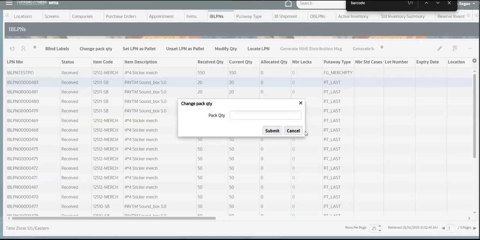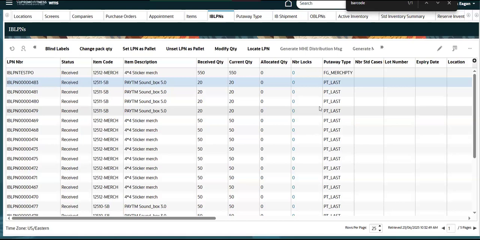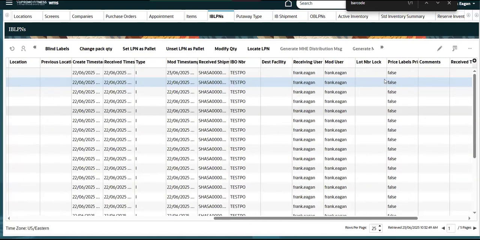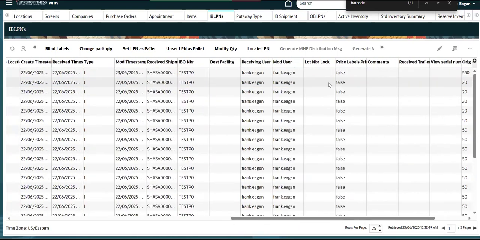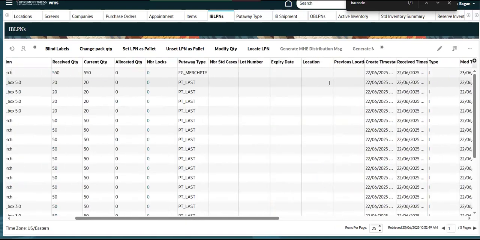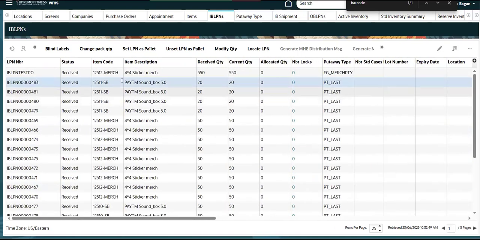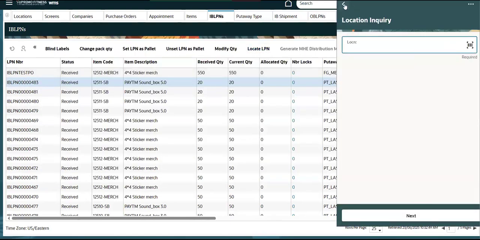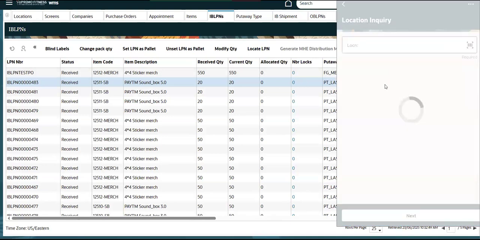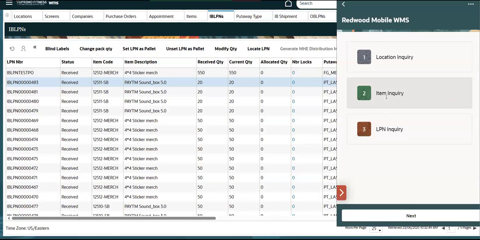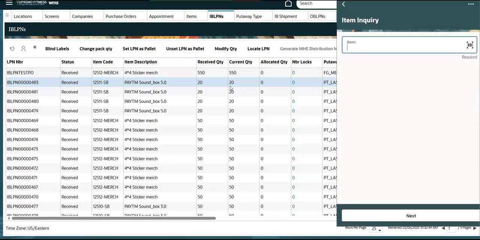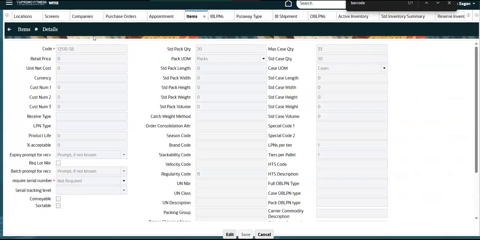If you change pack quantity, you can change that pack quantity, and the same quantity you can see. For received quantity we can change. In transit maybe we can change also. Not in transit, not in located status. It can happen in located also. Okay, you can change the pack quantity. And you see whatever quantity is in that location, that stock, that inventory you can see here. Same item, and the attributes of that item you can see here. You can just scan that